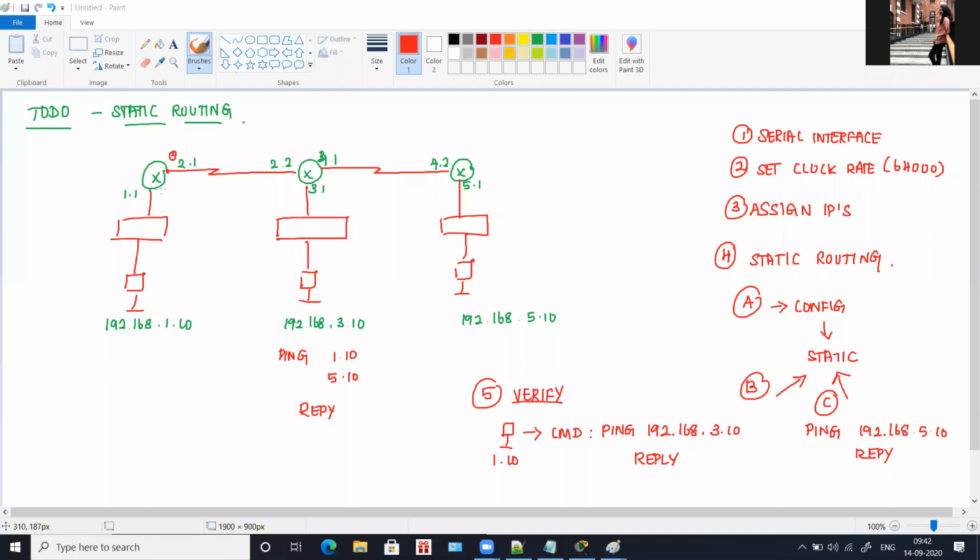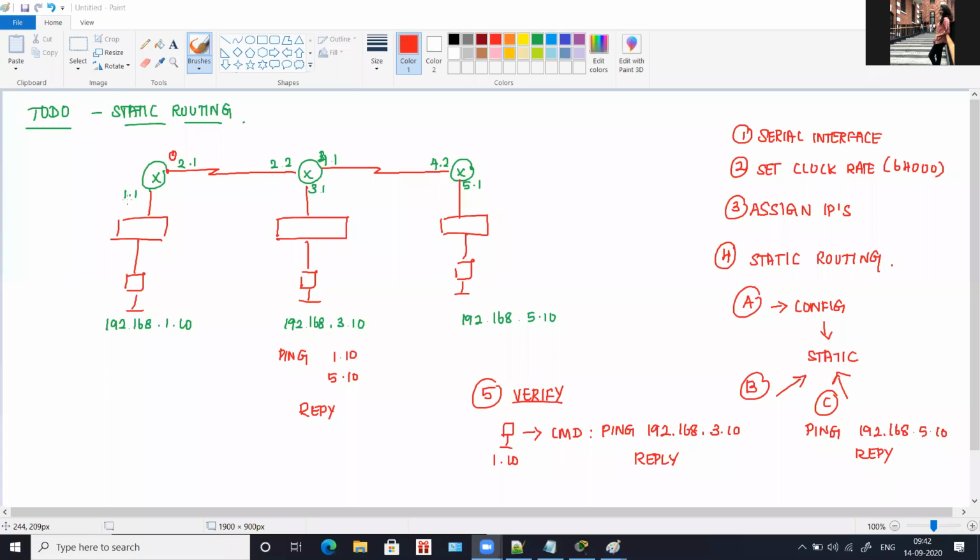And IP you have to assign only one time. Yes, you have to assign only for one time. It is not necessary that you have to assign IP twice. So once you have to assign. For this, you have to understand that this is fast Ethernet, this is serial interface. So assign IP accordingly. And the mistake which you will make is with the type of the interface that you are choosing. So make sure you see which interface is actually connected and you assign IP to that particular interface.